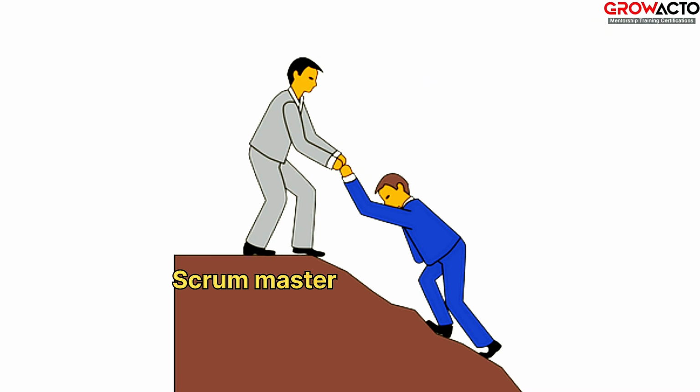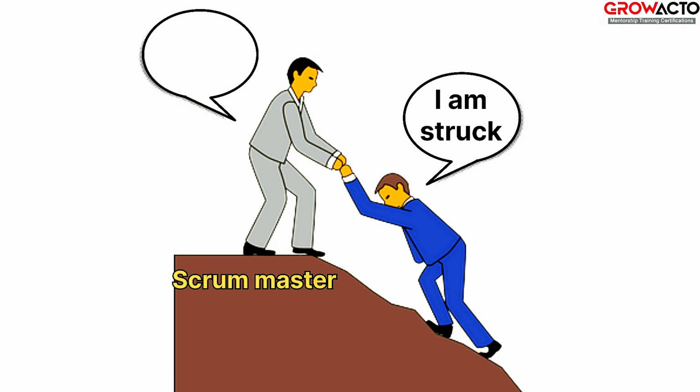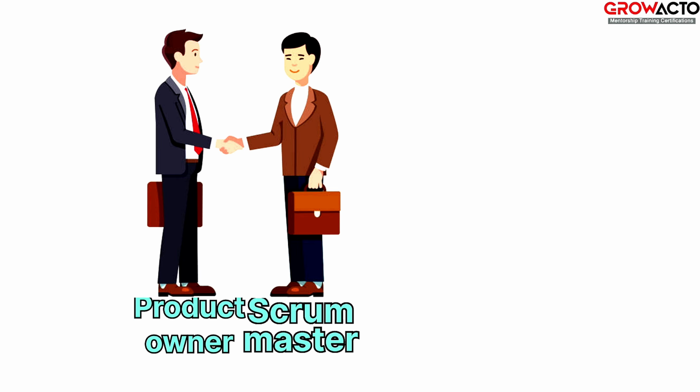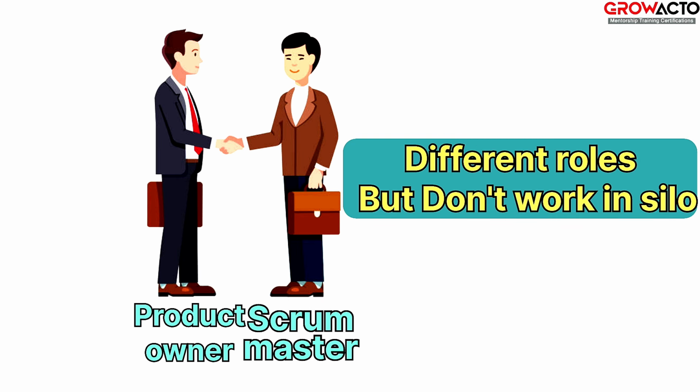For example, the team says, hey, I'm stuck, I cannot access the testing tool. In that case, a scrum master will come into the picture and address the issue immediately, communicate and correspond with the concerned stakeholder, and resolve the problem so that the team can move forward with the work. However, the product owner and the scrum master roles are different, but they do not work in